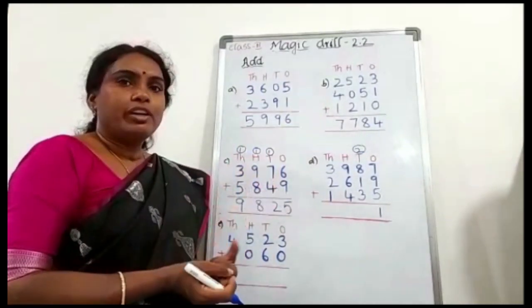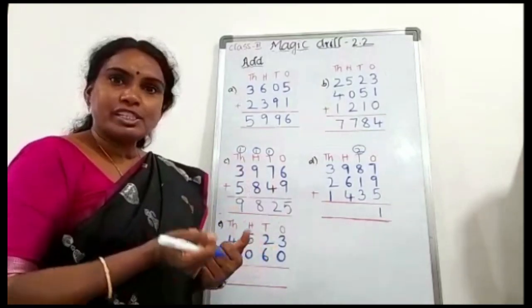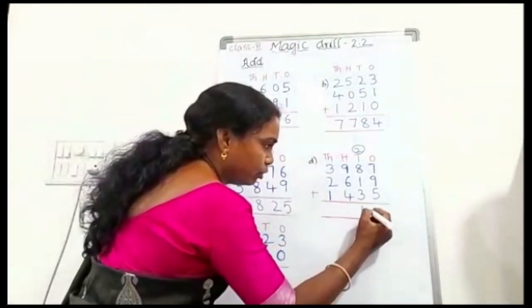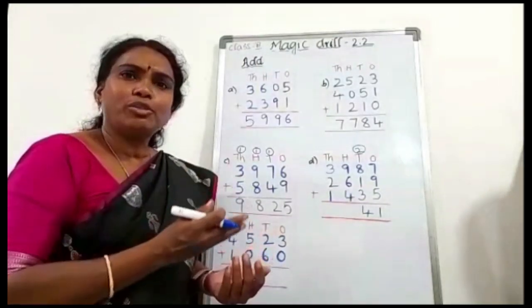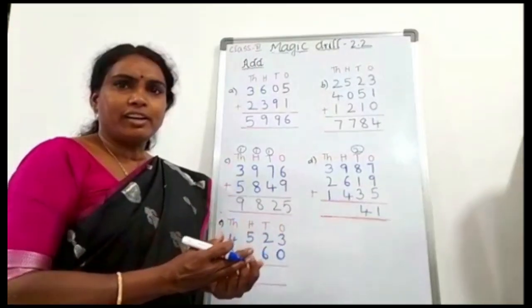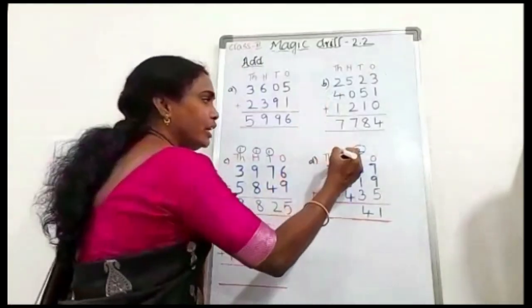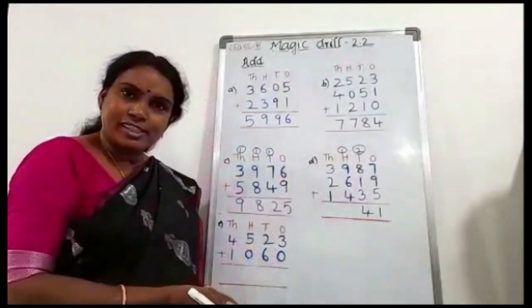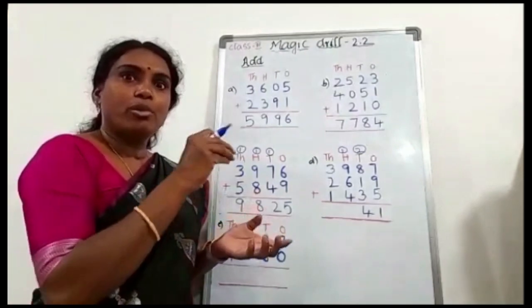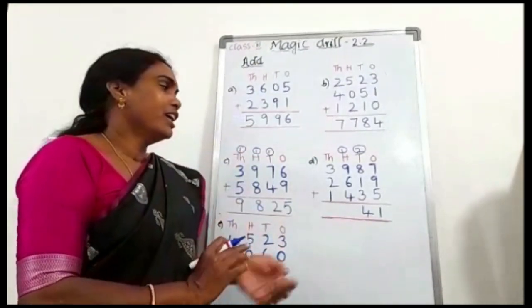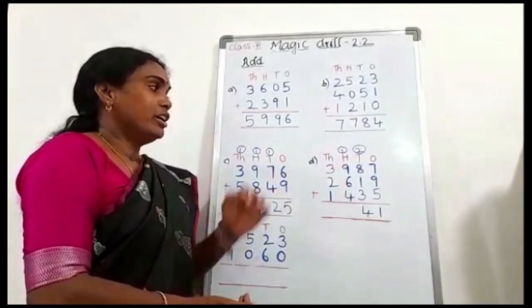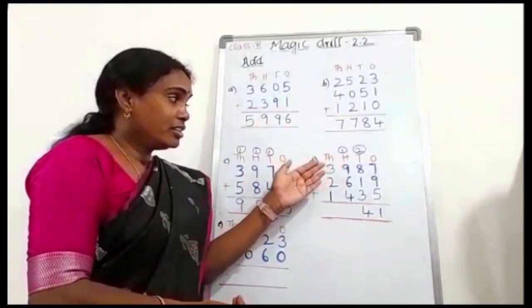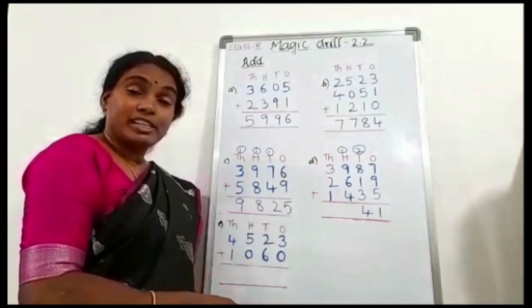So how do we write 14? 10 tens plus 4 tens. 4 tens is a single digit, so we can write 4 here. But what about 10 tens? 10 tens is equal to 10 into 10, which is 100. That 100 we regroup to the hundreds column. Means we are adding one more 100 into the hundreds column. Okay children? Now we add the hundreds column. In the hundreds column there are 900, 600 and 400. 9 plus 6.